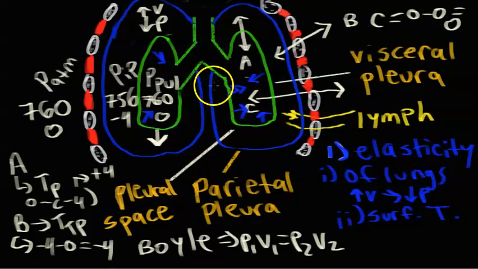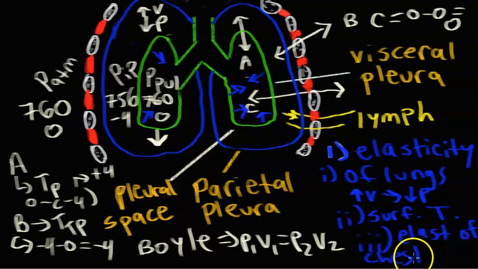And the last thing which is going to happen here, there's also going to be elasticity of the chest wall. So just like we had the elasticity of the lung,